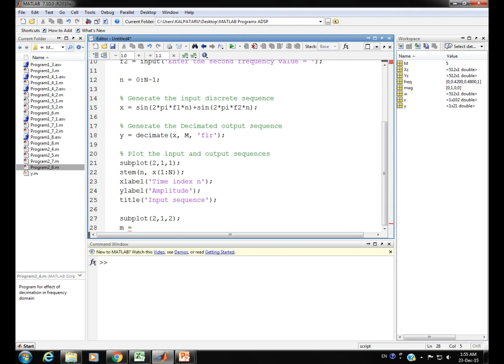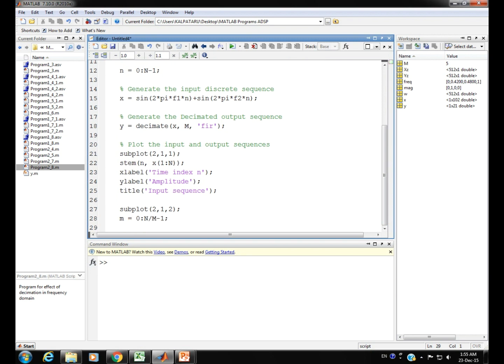So in the discrete domain let us have it denoted by small m. It will start at 0 and extend to capital N, the length of the input sequence, divided by capital M minus 1, M being the decimation factor here, the integer factor here.